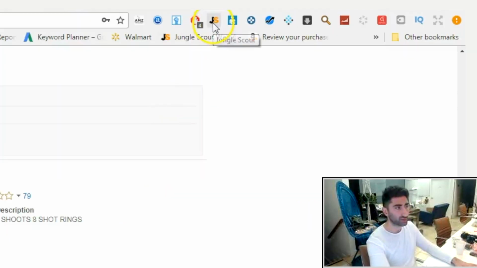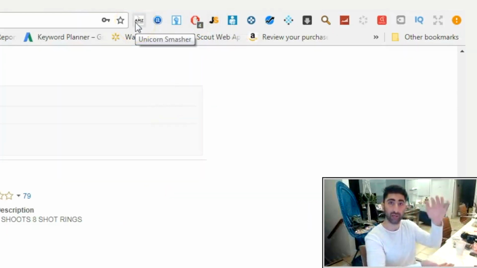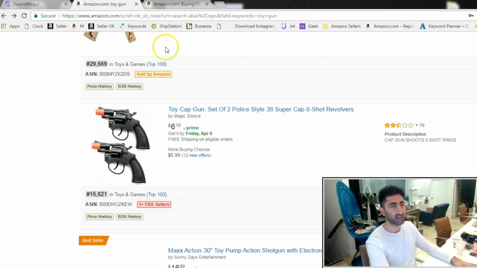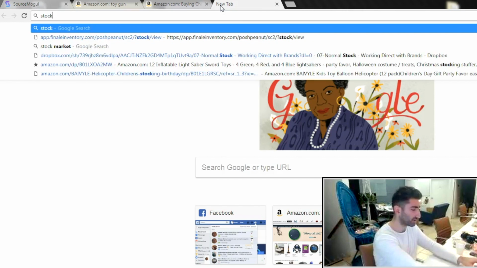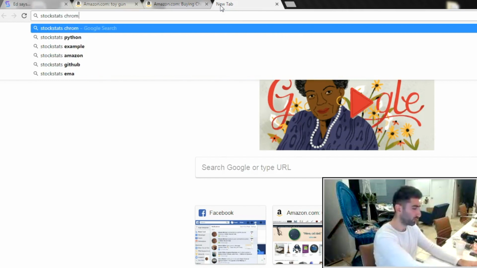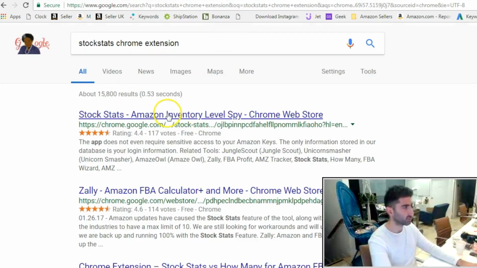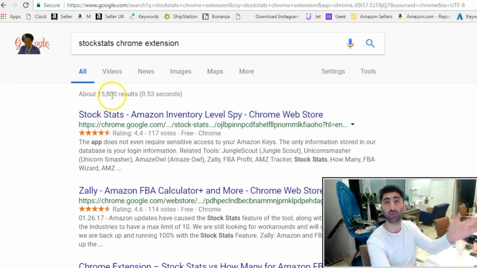You can use Jungle Scout or Unicorn Smasher to get sales data, and as mentioned before, Inventory Spy, and maybe even Stock Stats if that works. Chrome extension. If Stock Stats is working, sometimes it's on and off, then you can use that too to spy on your